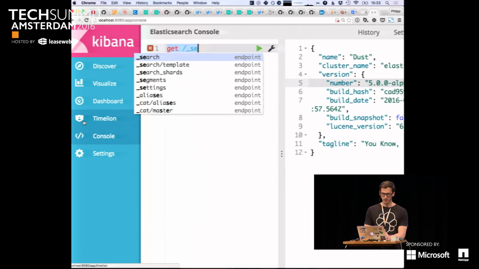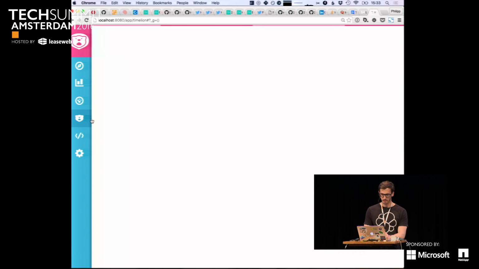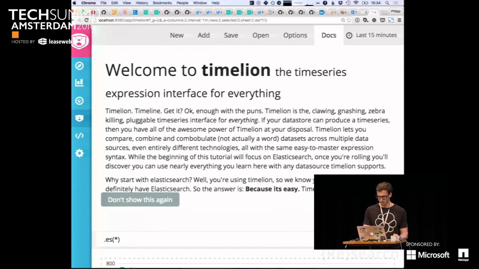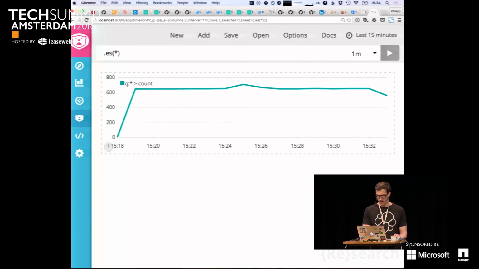And then there is Timeline. Timeline is also pretty new. And you can still see here, it's written research. So Timeline, there are no releases for it yet. It's just a preview, and Rashid, who also started Kibana initially, is now working full-time on Timeline just to create the best time series experience we can build.